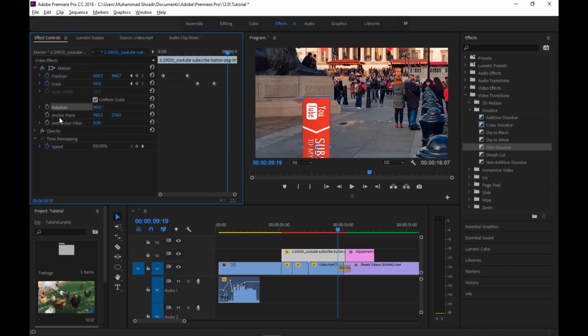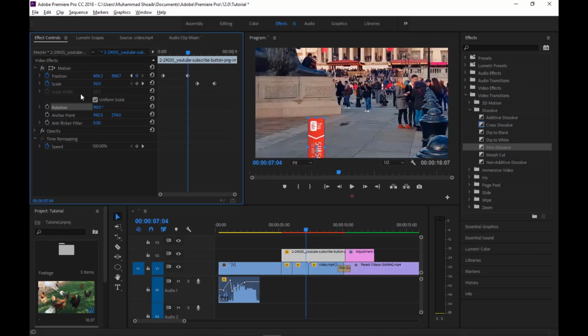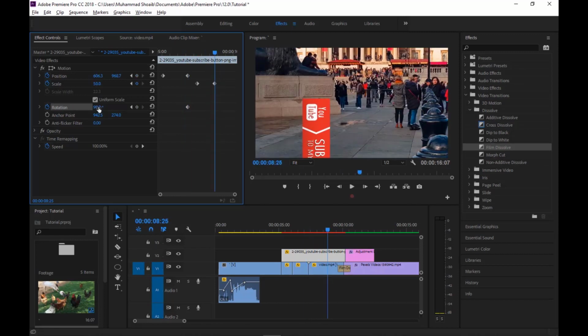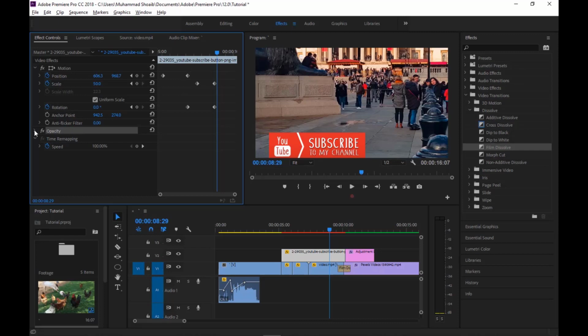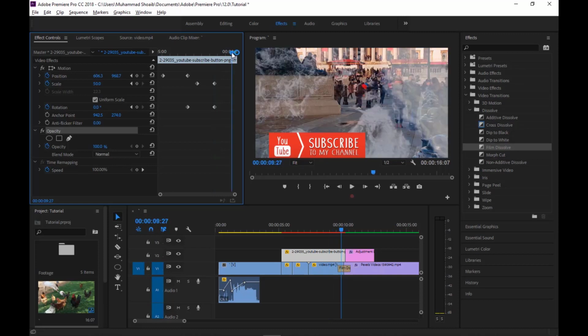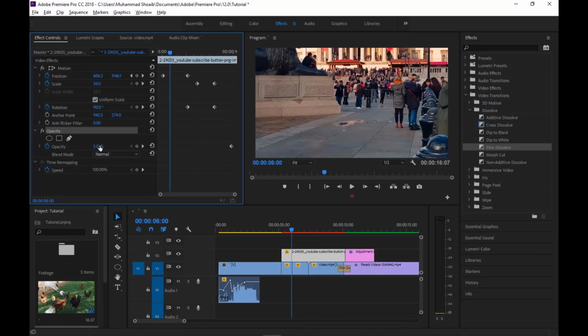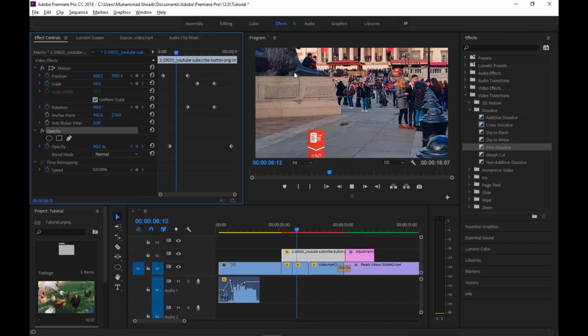You can also adjust anchor point from here. You can also toggle animation on this. Let's say if we want to make it a zero rotation, then we can do it like this. So that's how it will look like. Next option we have is opacity. If we need to increase or decrease the opacity, then we can do it from here. Let's say if we want to decrease its opacity over here, let's make it 5% and make it 100% over here. So now we will see how it will look like.